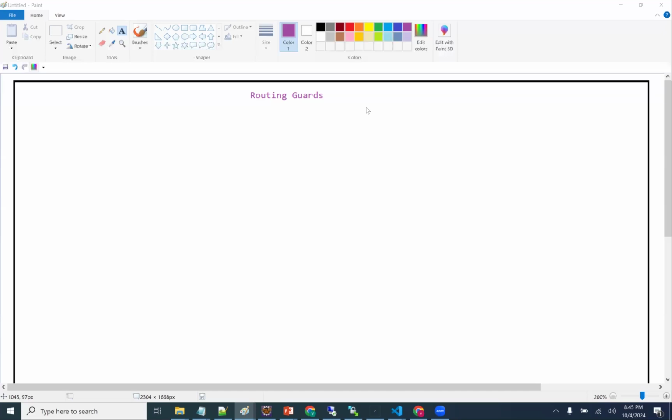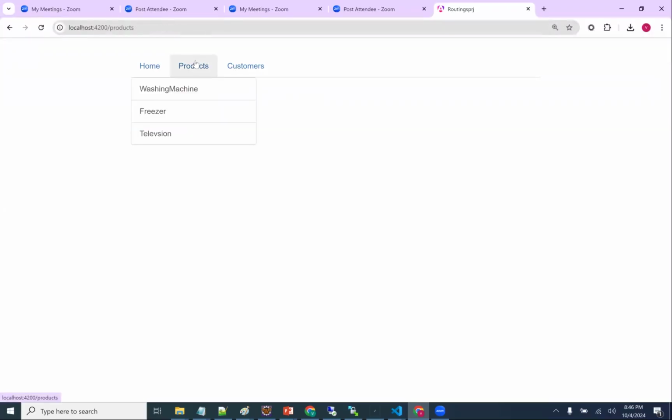What exactly is the protection? By default in my application, sir, I click on anything and I get a page. But in real time, it is not like this, right, guys?